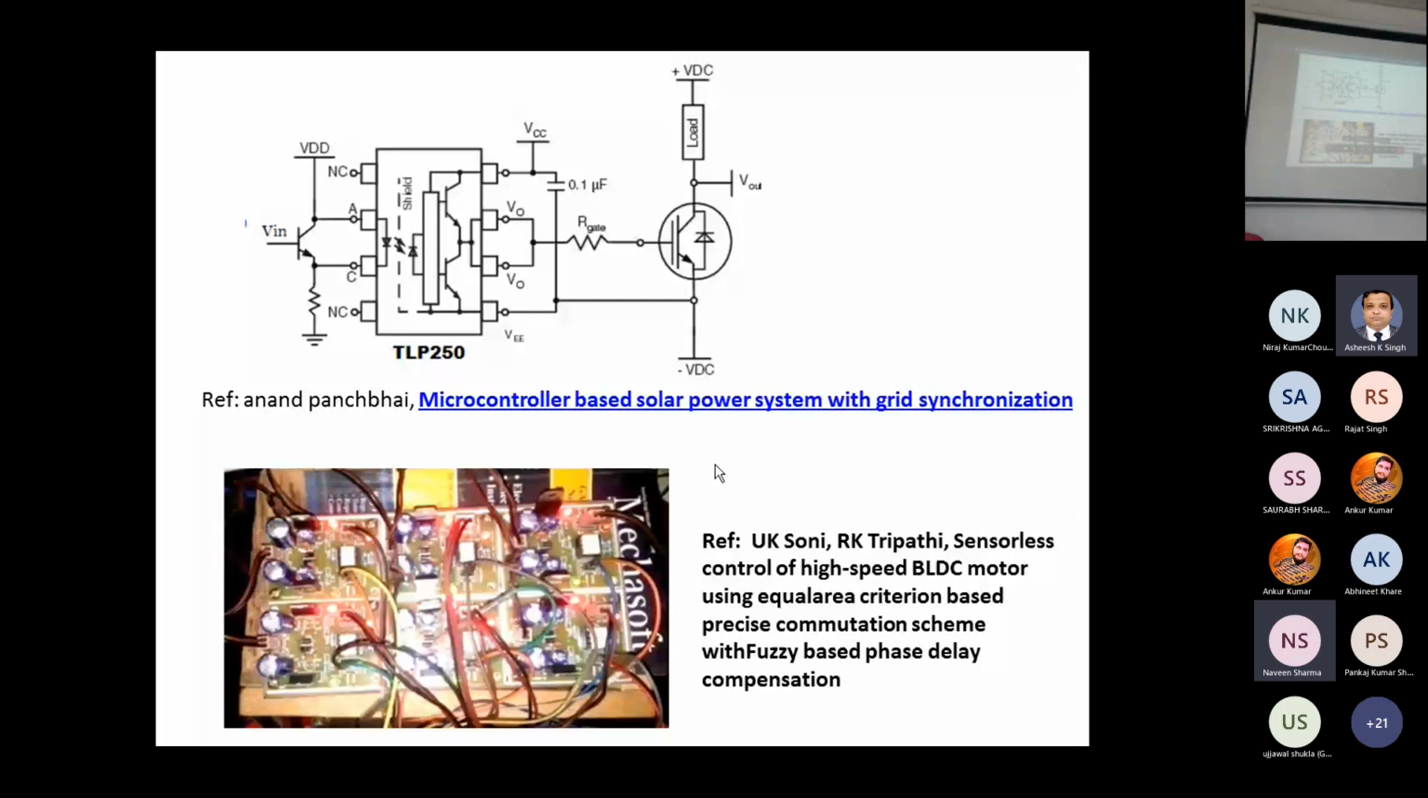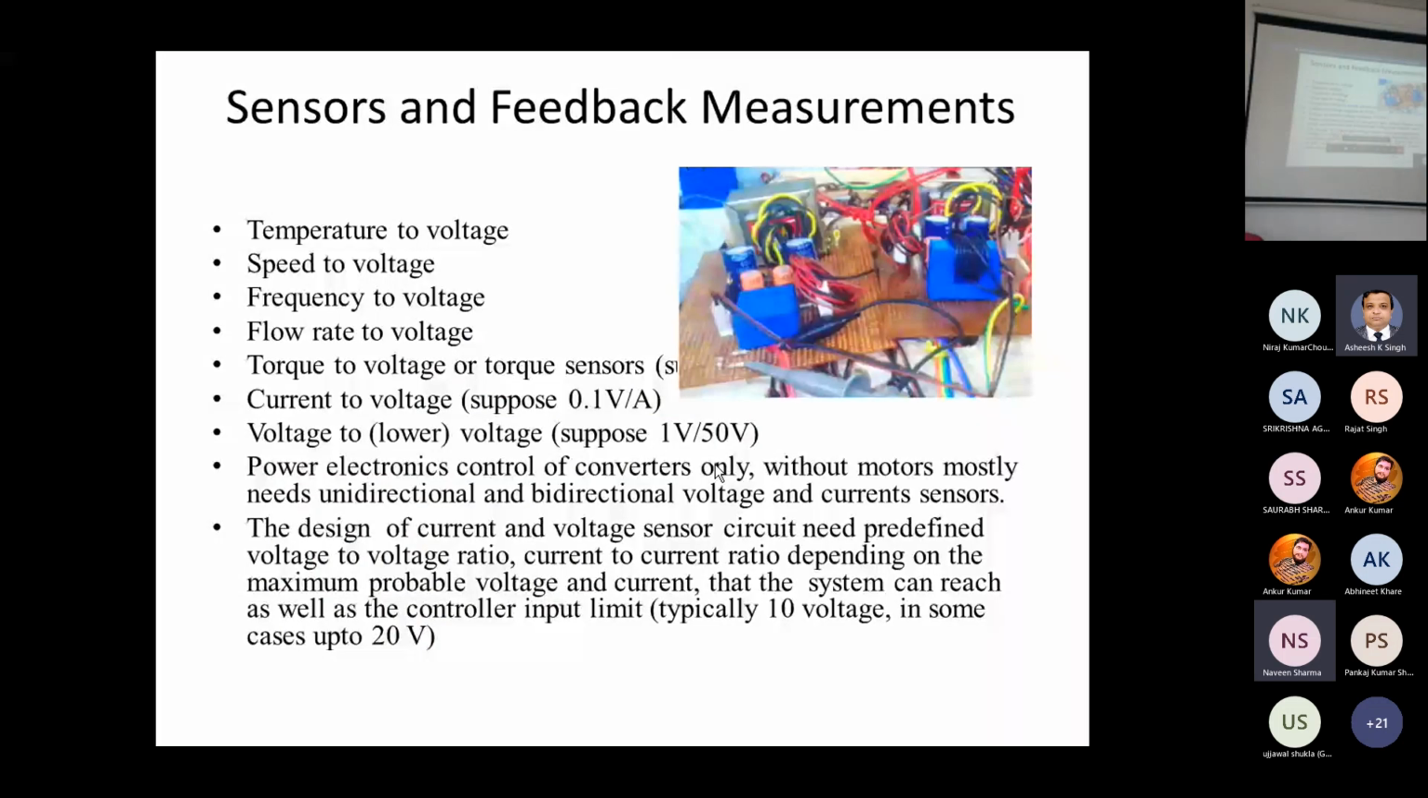So, sensors and feedback: there may be different sensors. The sensor always provides the quantities in terms of voltage, and this voltage is input to the controller, and the algorithms are executed inside the controller according to the voltage level. And here, the design of current and voltage sensors needs a predefined voltage to voltage ratio, current to current ratio. Suppose we have 300 volt on the primary side,